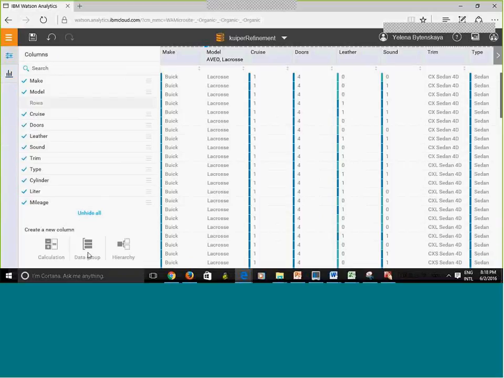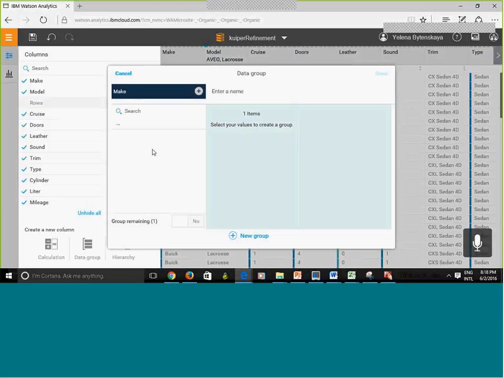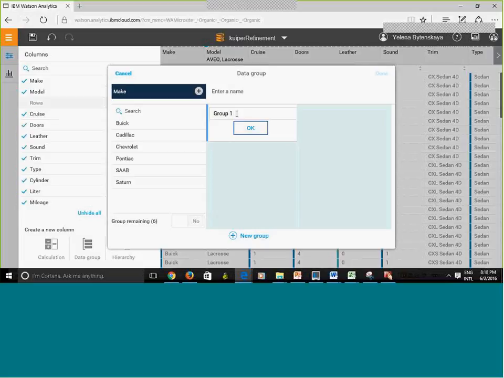Okay, so now I'm gonna hit the data group, and since I have selected my make variable, I can group my cars by different types of make. For example, I can click new group and type, for instance, group 1. I'm just making it up.